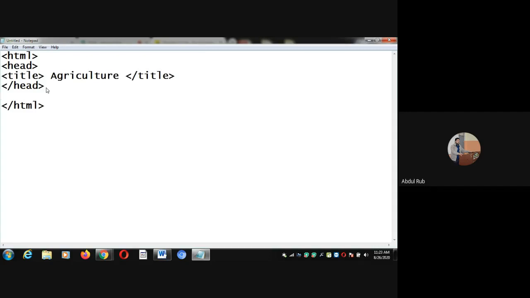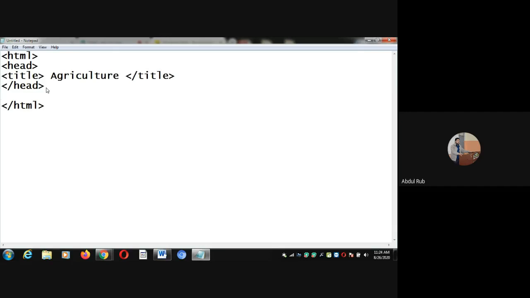After that, just write all the tags, meaning the basic tags like H1, track, horizontal, table, ordered and unordered list. All the tags I will discuss with you. Today I will teach you the basic simple H1 tag. H1 is a heading tag. Suppose you want to display any heading on your web page, then you will write the H1 tag. H1 is also a pair tag that you will write after the closing head tag.